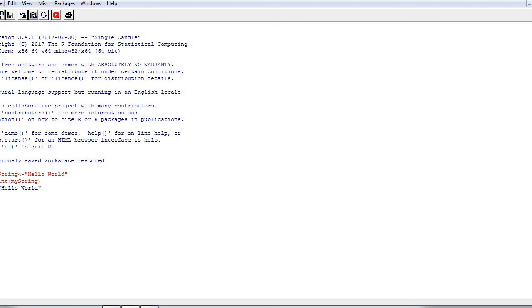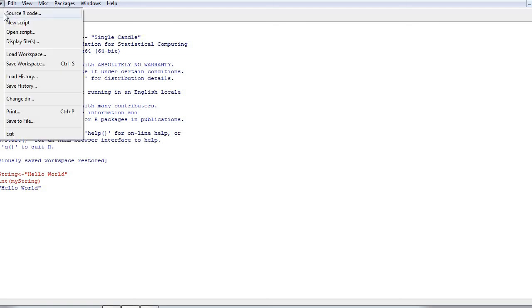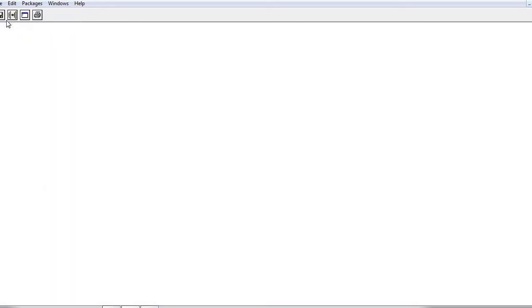Is it that simple? I hope you have understood it. Now the second thing: if you want to write the same lines of code, otherwise we need to type them again and again, so again write MyString assigned hello world, and then print it.